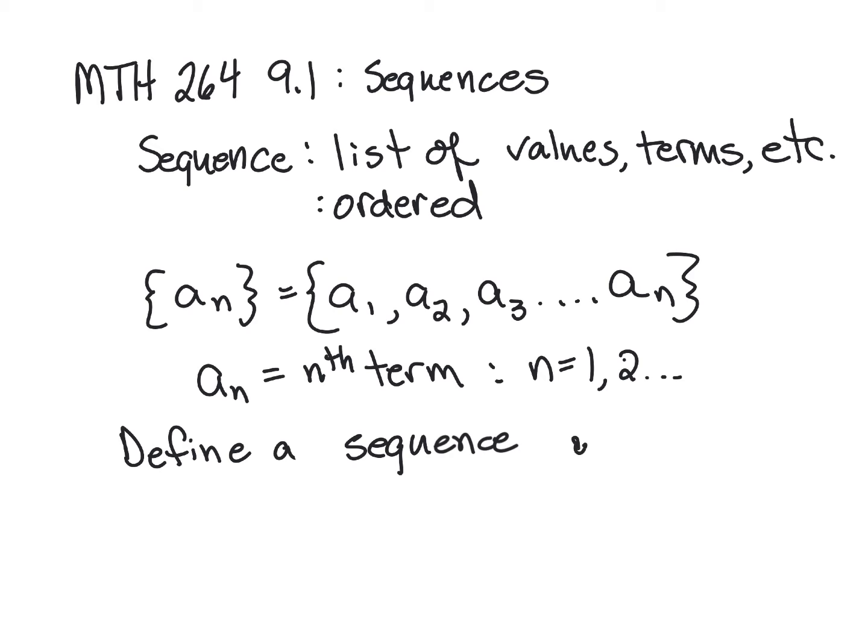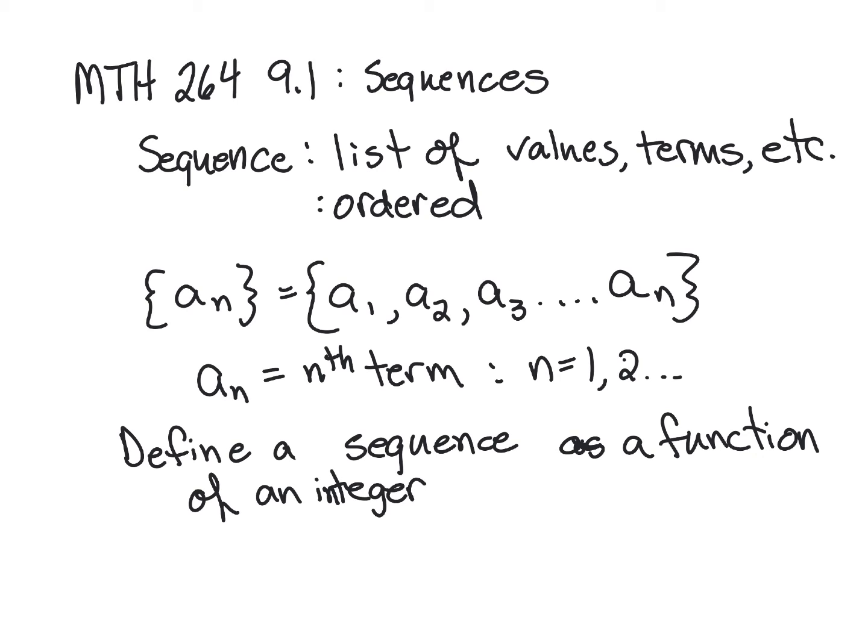Define a sequence as a function of the counter, of an integer, which is represented by the n that you see in the subscript here. And those integers are always positive. We would define a sub n